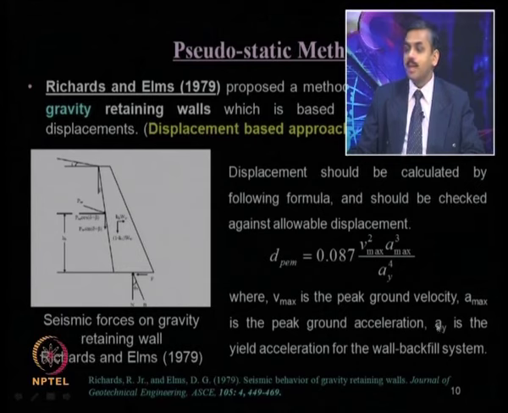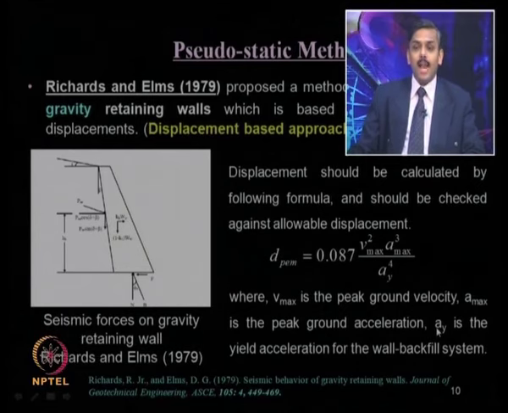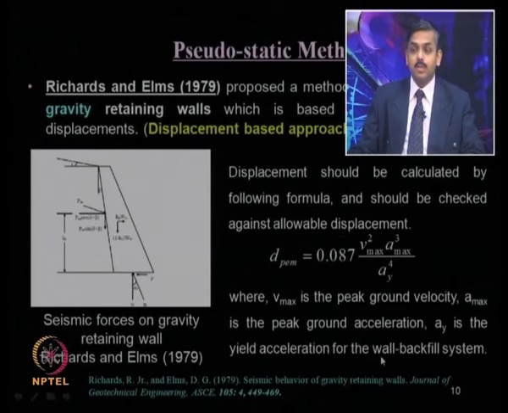So, A y gives us the limiting or threshold value of acceleration at which the factor of safety is equal to 1, that is known as yield acceleration. So, how to estimate that? Obviously, as we know, the factor of safety against sliding will be the stabilizing force with respect to sliding divided by the disturbing force.